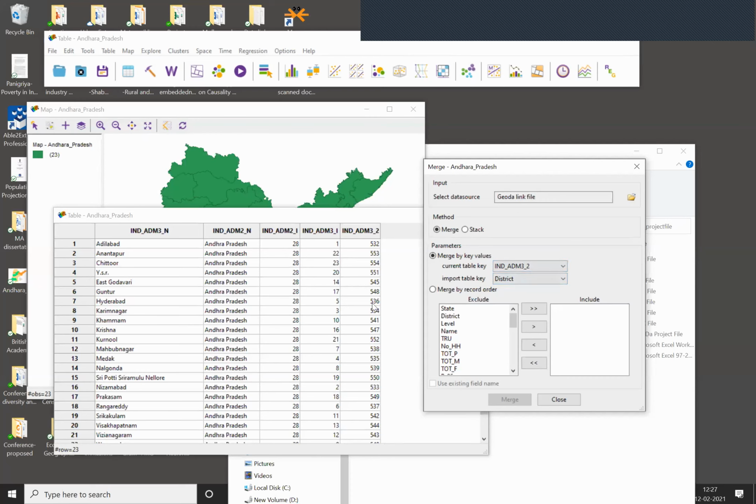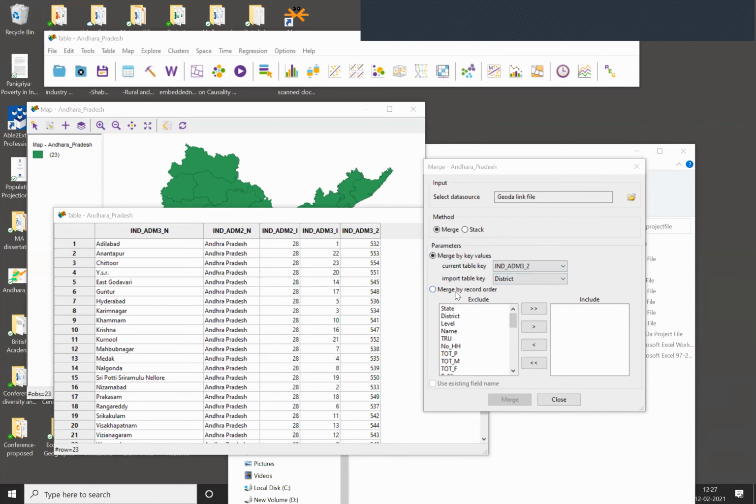The key variable is this number here, and in the Excel file, it was the district. Remember, close the file before you merge. Do not keep the Geoda link file open. Close the file. So you keep the file closed. So now these two files are there.